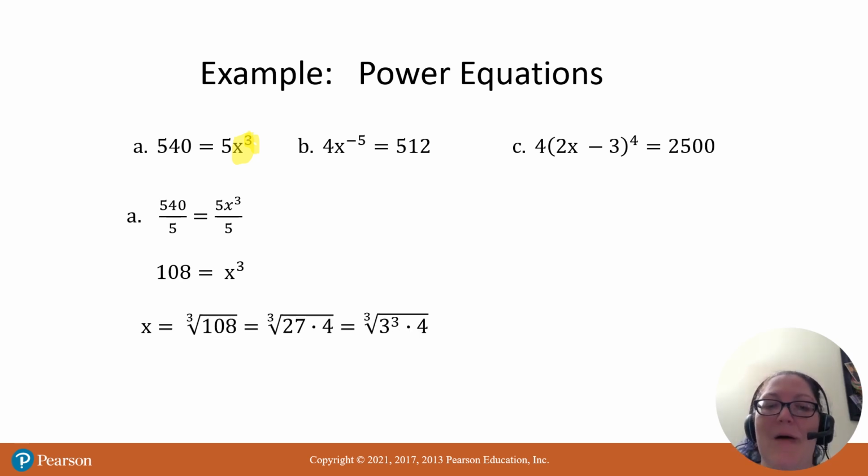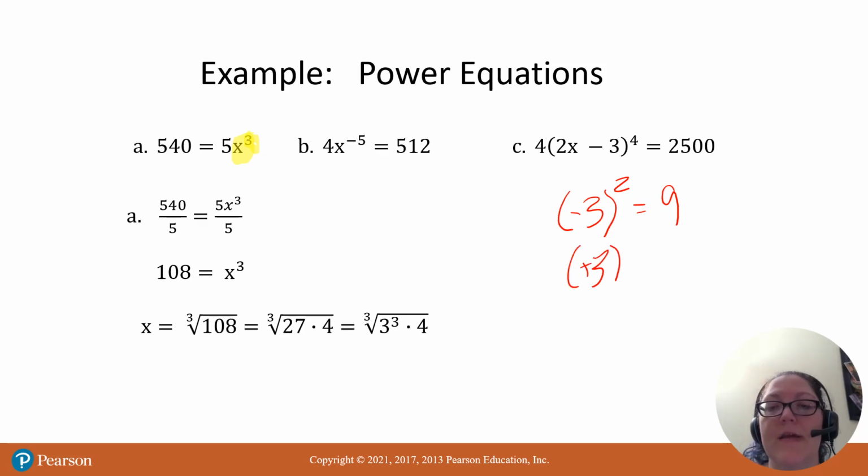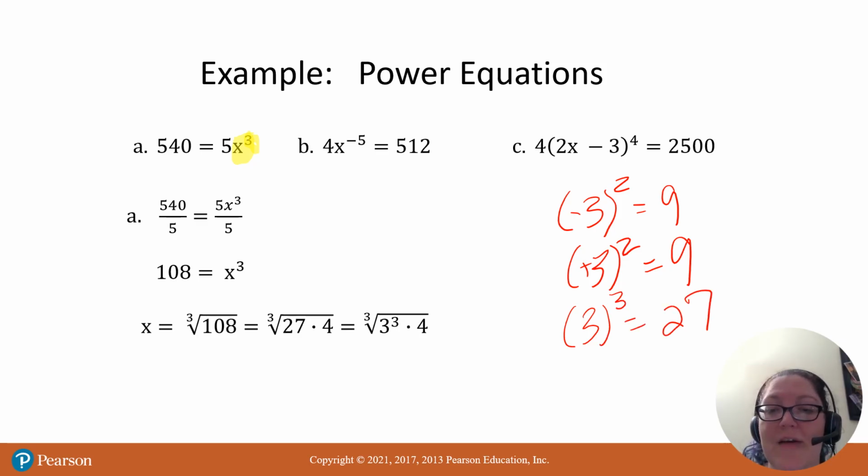Now you're probably going, well, why don't I have a plus or minus in front of it? Well, that is because if we go back to numbers that we've learned, like I said, it's probably been a minute. When I take, say, -3 and square it, I get 9. And when I take +3 and square it, I get 9. However, when I take 3 and cube it, I get 27. If I take -3 and cube it, I get